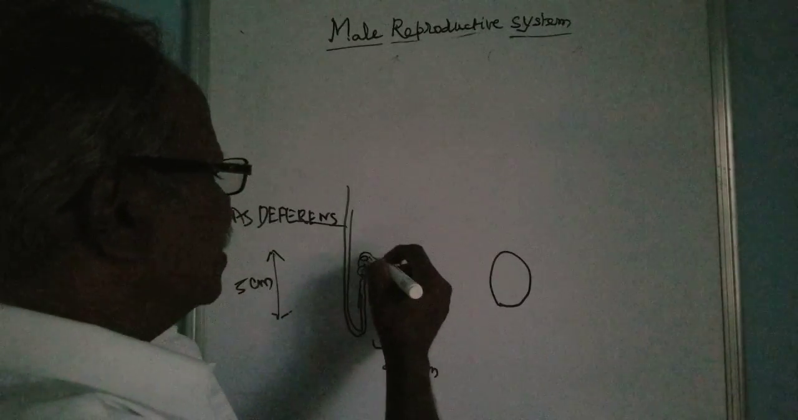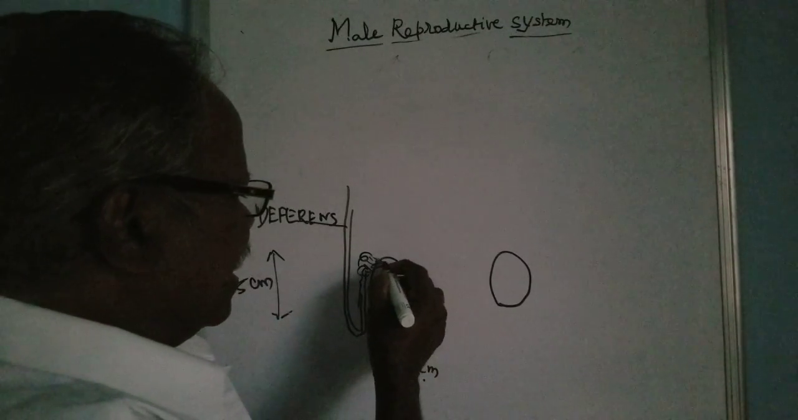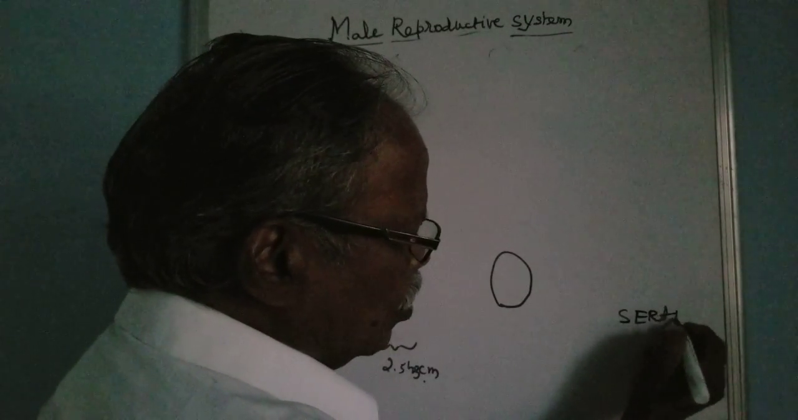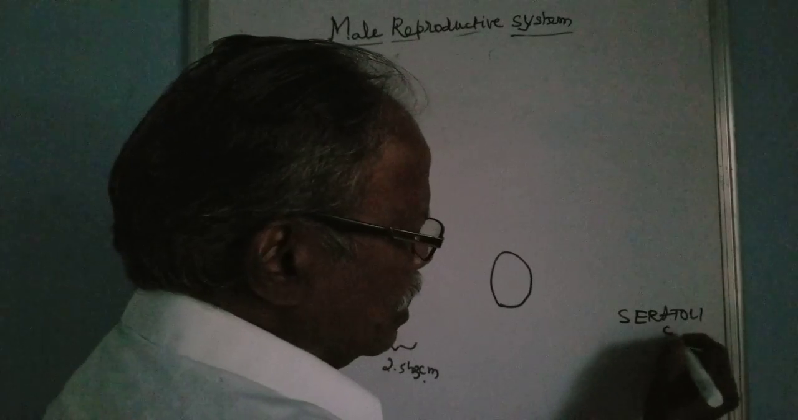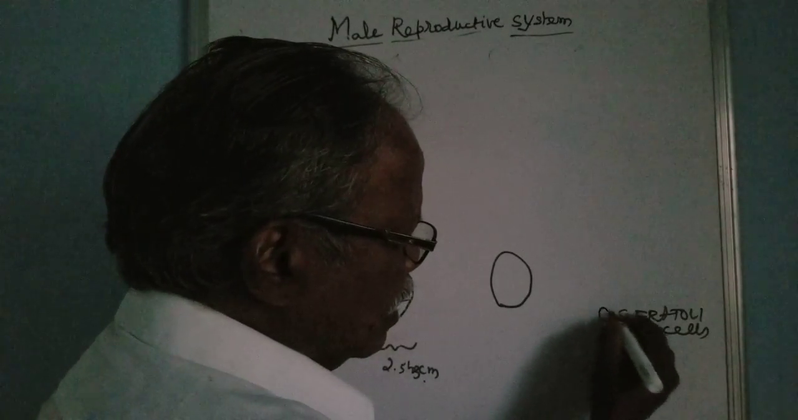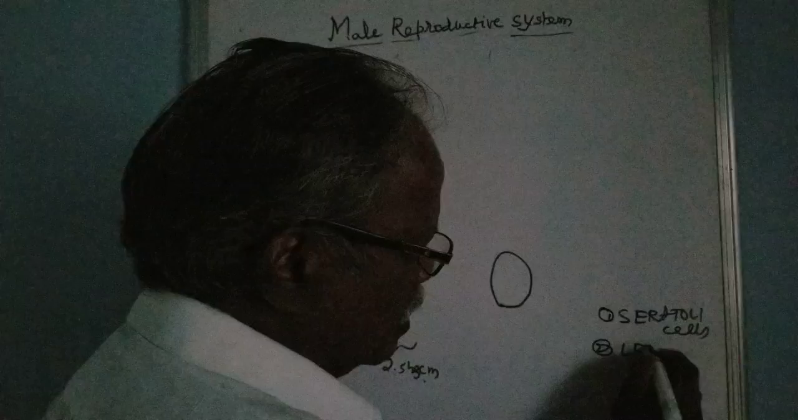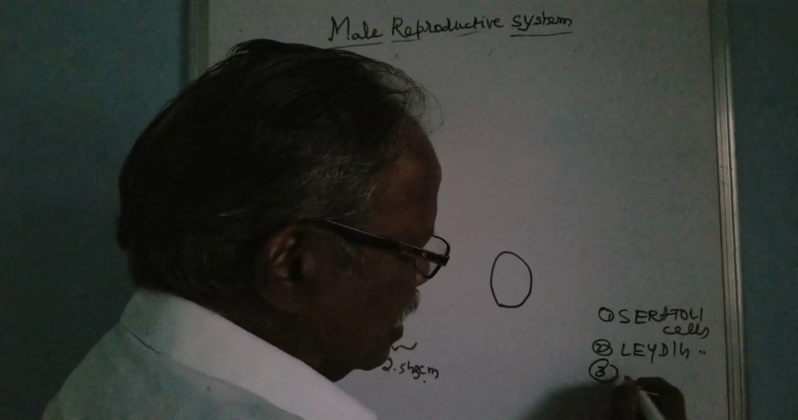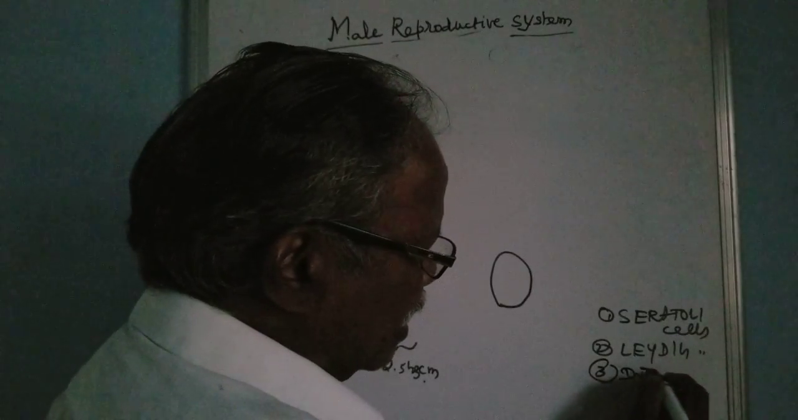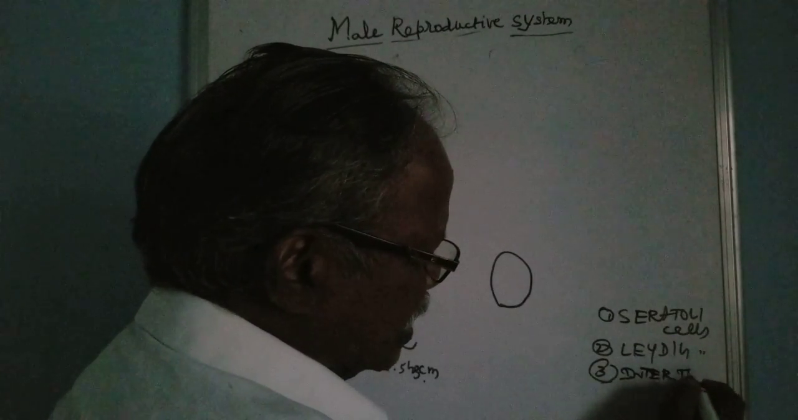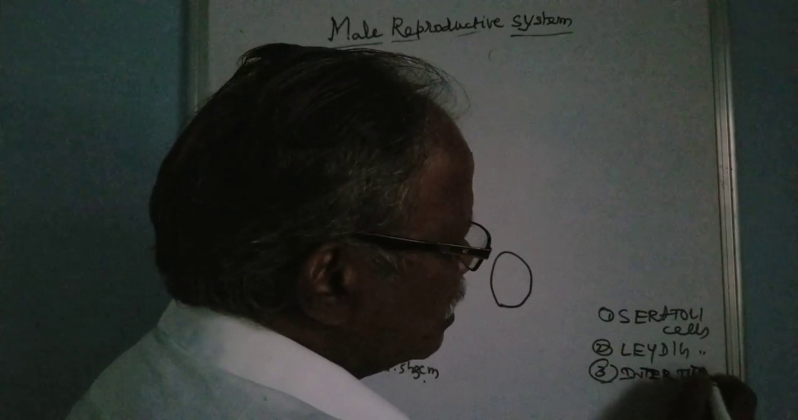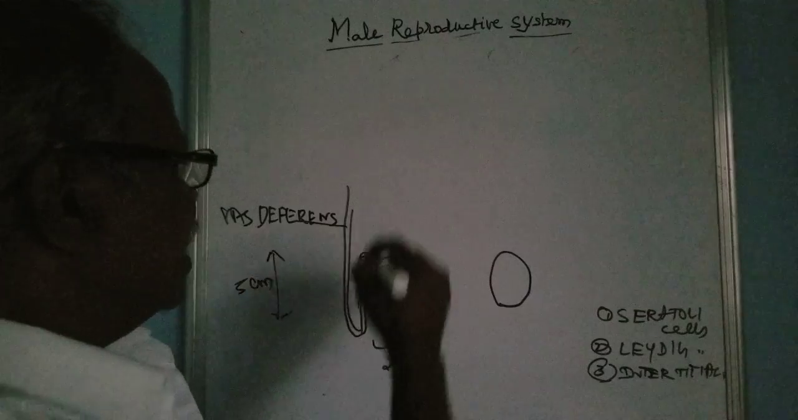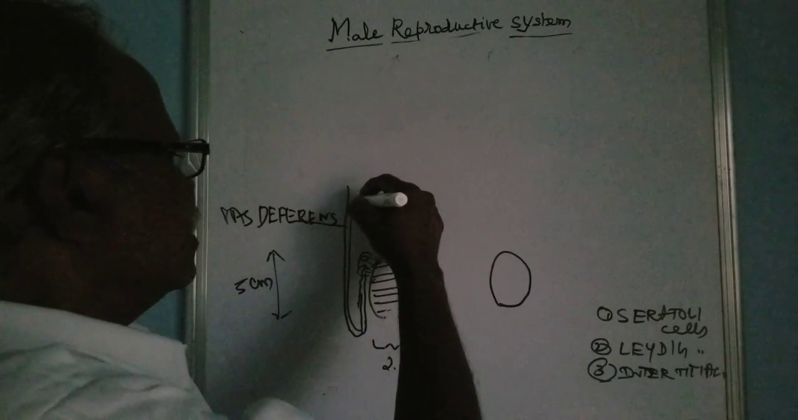Inside the testis we can see the Sertoli cells, second the Leydig cells, and then third the interstitial cells. So these types of cells are found, and then the vas deferens